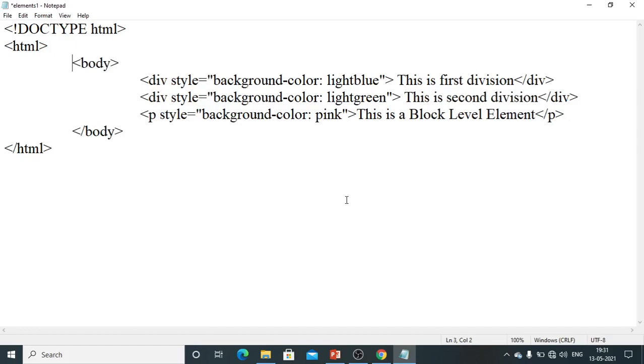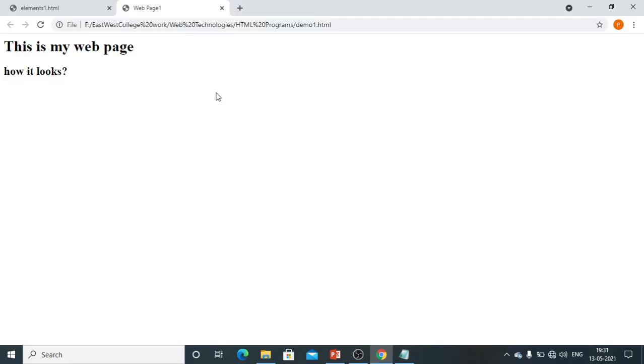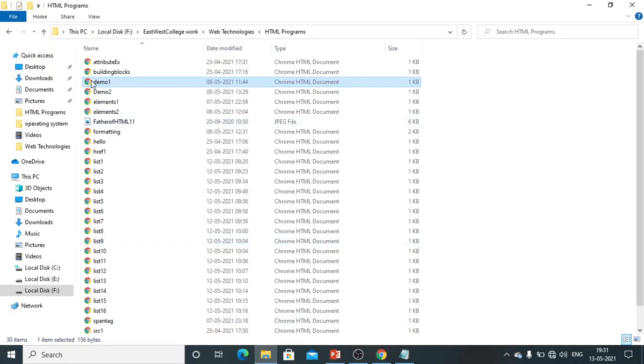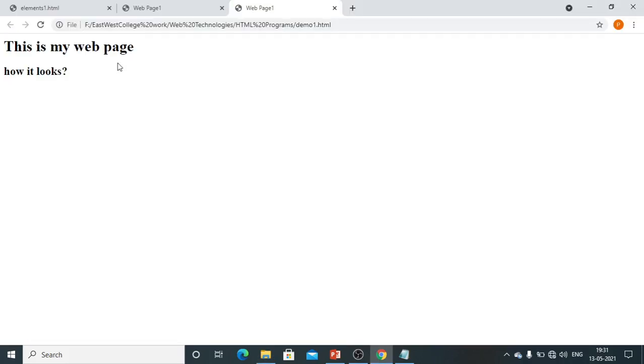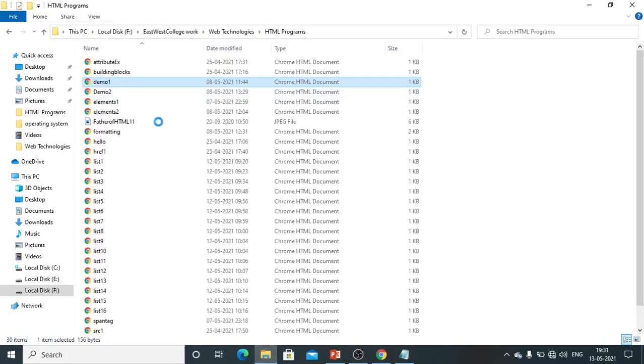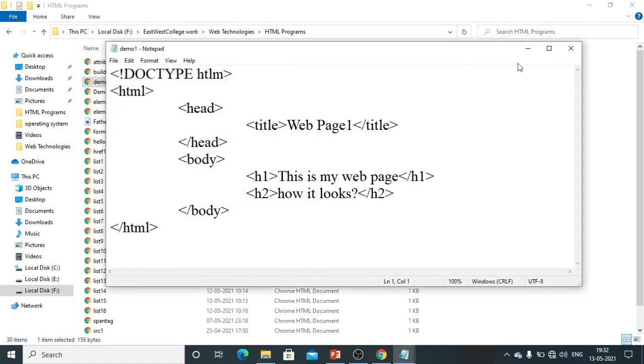Within the body, let me check how I can explain clearly how it is being represented. Open with Notepad.